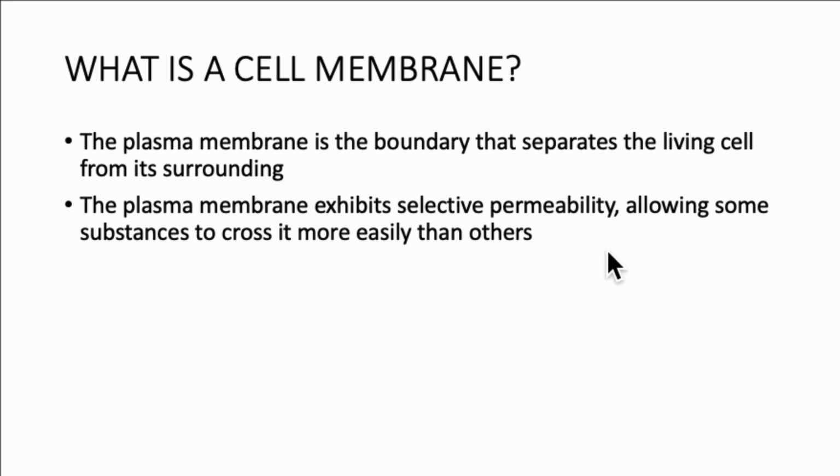The plasma membrane is made up of phospholipids. It's made up of some cholesterol molecules. There are lots of different types of proteins. Some of them are called carrier proteins. Others are channel proteins. Some of them are glycoproteins. Some of them are integral proteins. Some of them are peripheral proteins. So we'll be taking a closer look at all these different types of proteins that we find as part